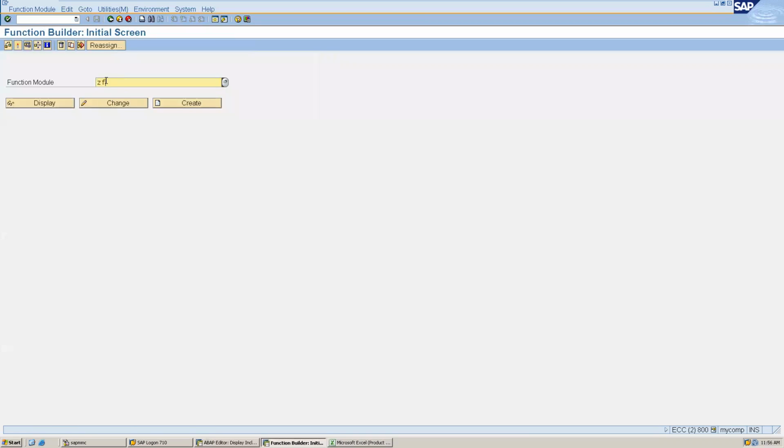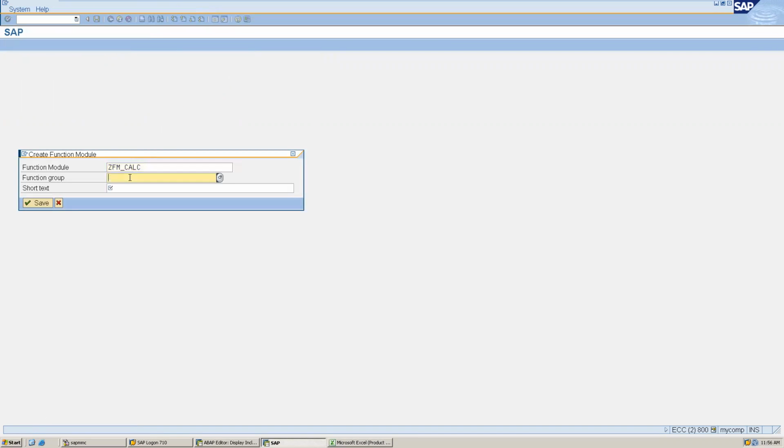So let's create zfm underscore calc, for example. First we will check whether it exists or not. When I click on display, it does not exist, so I will create it, and here I have to give my function group. So I'm giving gfg underscore calc, and here I can give calculate operations. Anything I can give.